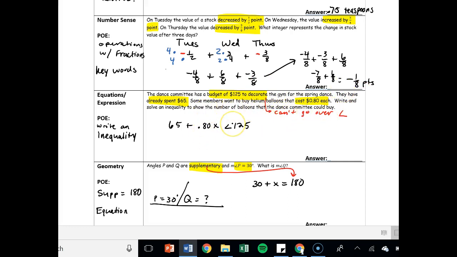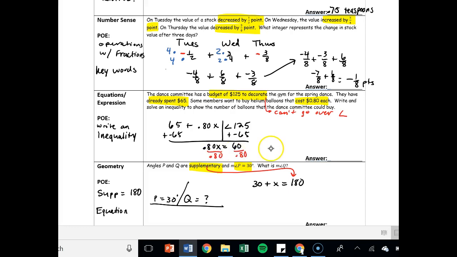Basically an inequality is very similar to an equation, except instead of having an equal sign, you're going to have an inequality sign that tells you that your answer could range either less than the answer you get or greater than the number you get. So we go ahead and solve this. We start by adding a negative 65 to both sides. We get 0.80x is equal to 60, and then go ahead and divide by 0.80,